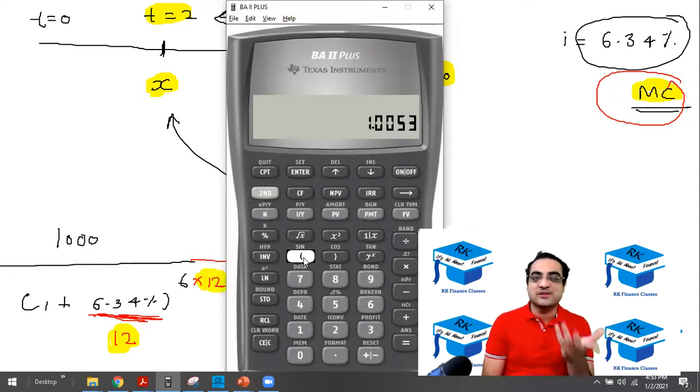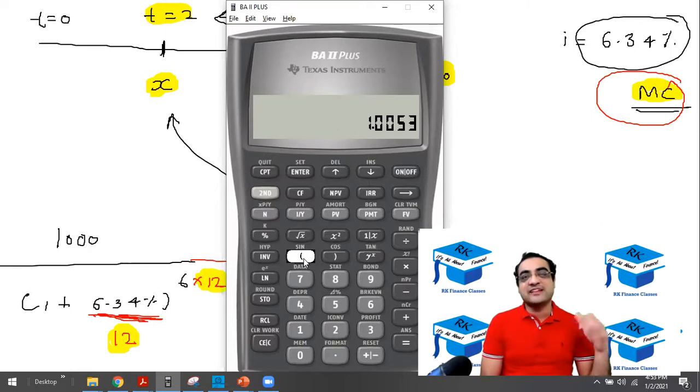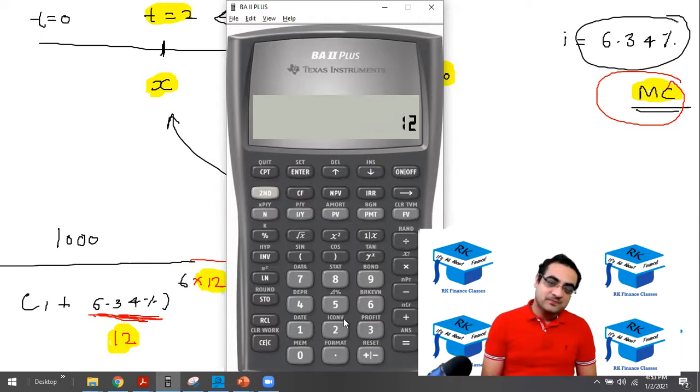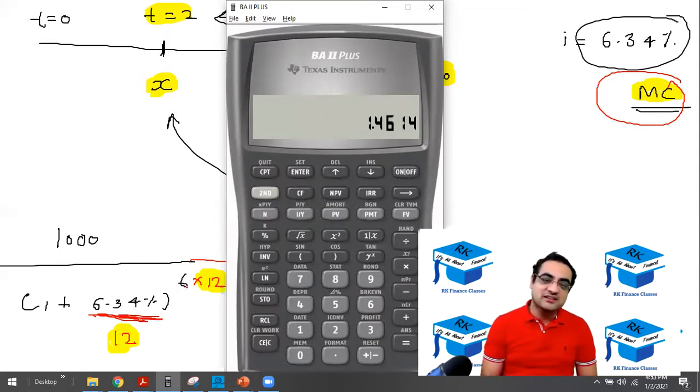But we have to live with that because this is the calculator which the CFA Institute accepts in the exam. In engineering, we had the 991 MS, which I believe was a better calculator than this one, but it's okay. CFA should accept only this calculator. Okay, I open the bracket. So now 6 into 12. Then close the bracket. Again, the calculator doesn't display anything even if I close the bracket. Then equal to. So the denominator is done now.